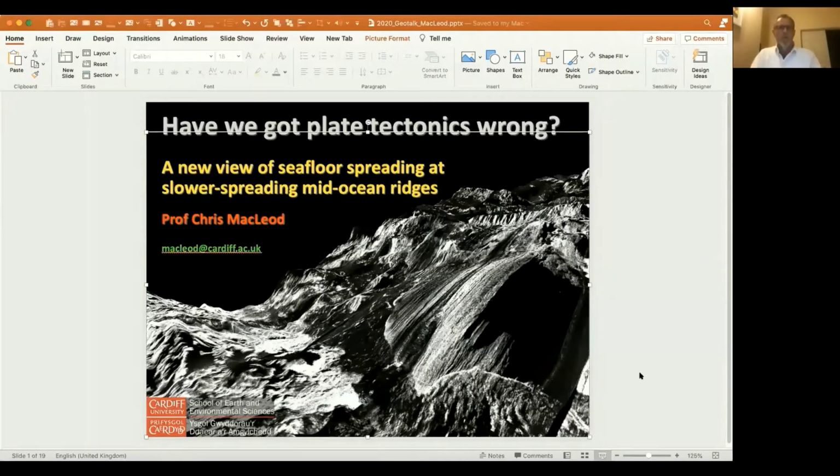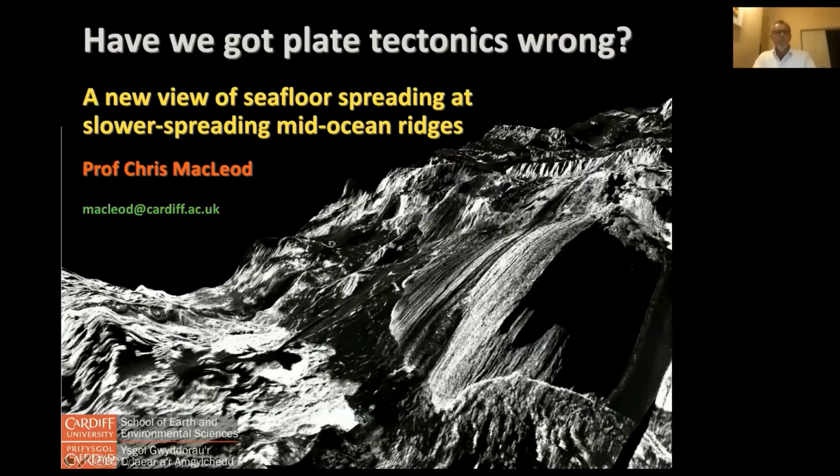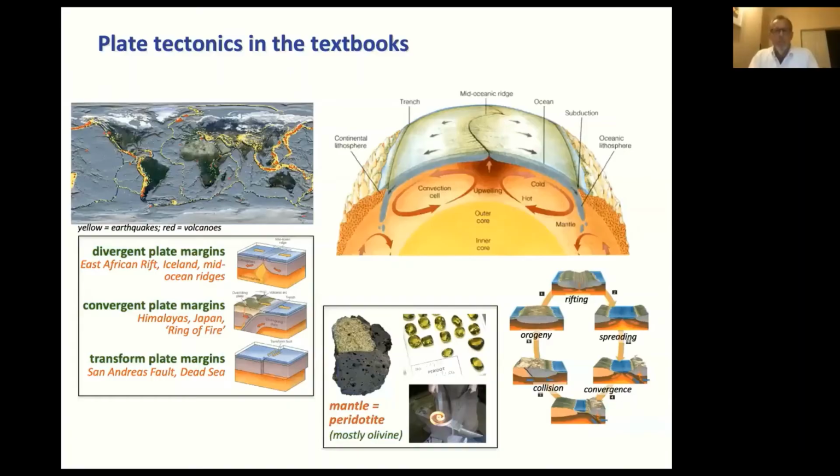Okay, good. All right. Okay, some basic precepts of the textbook view of plate tectonics, I think, if you like. We know from 40 years, 50 years now, 60 years even, of